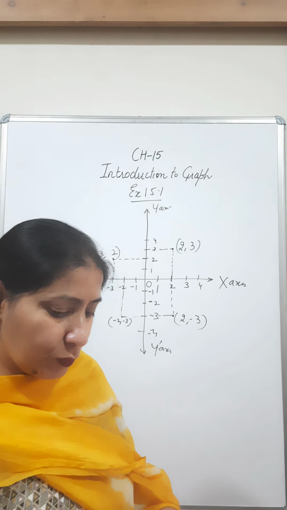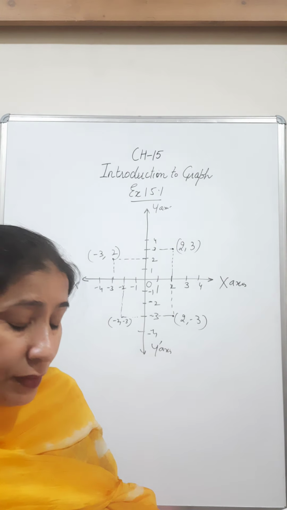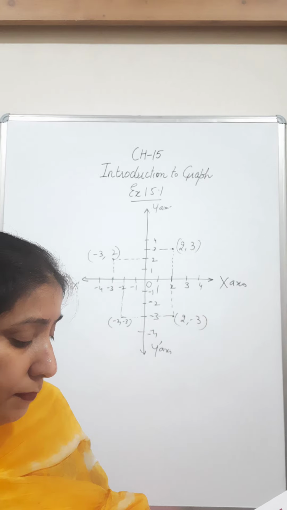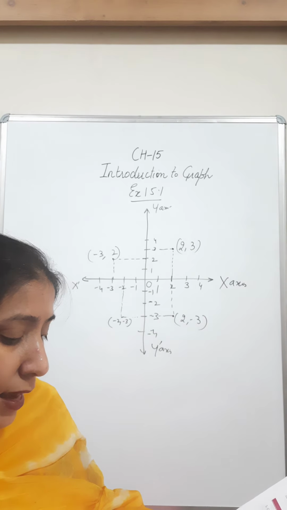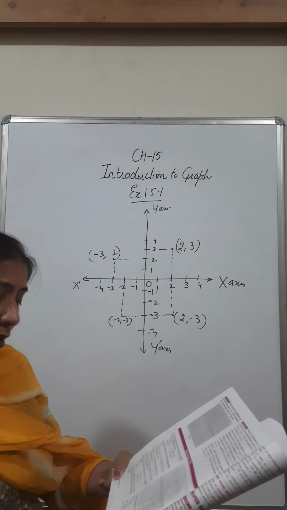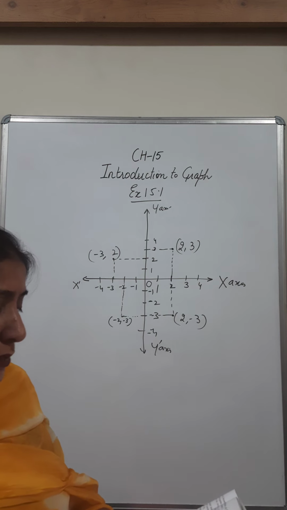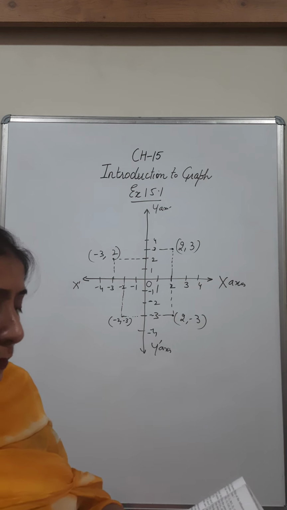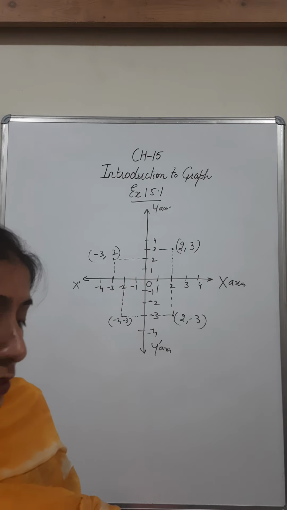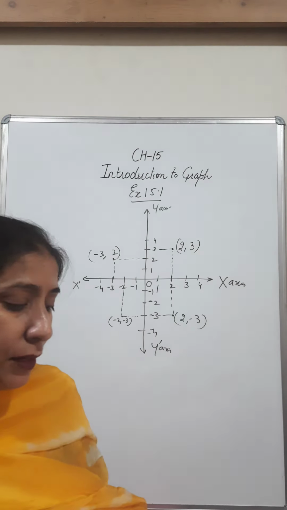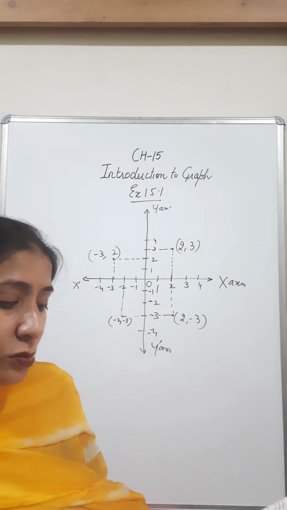Similarly, beta, in the fifth question you can just see it is already given in your book. So from there you will locate the points. And next, again name the quadrant in which the points lie. Okay? And which of the points lie on the x-axis. It is all the repetition. So in this way, beta, you can just complete your exercise 15.1. So there is no problem.